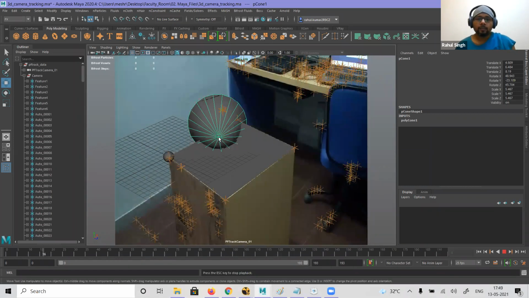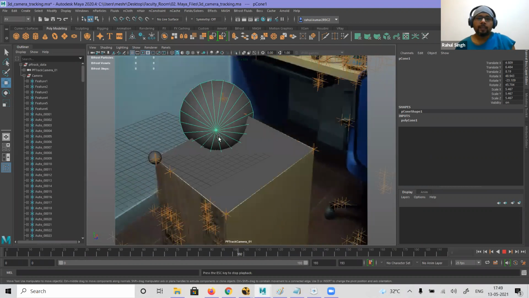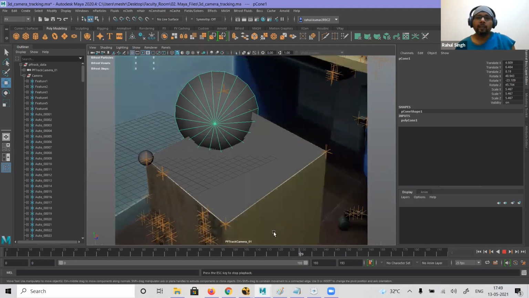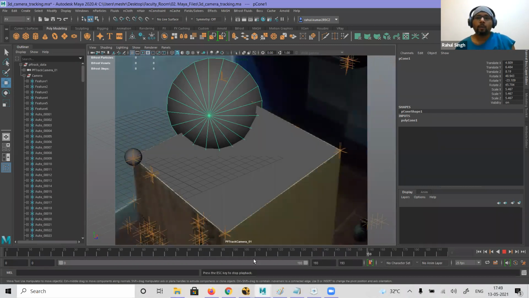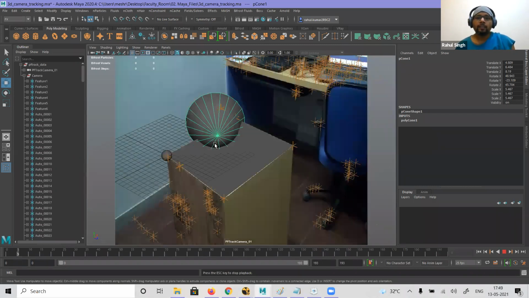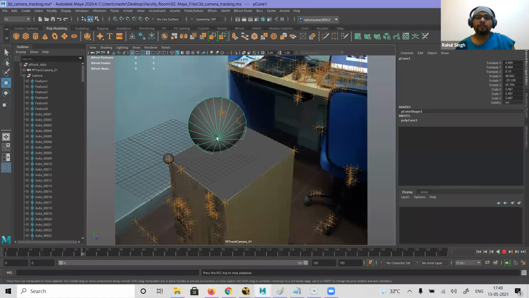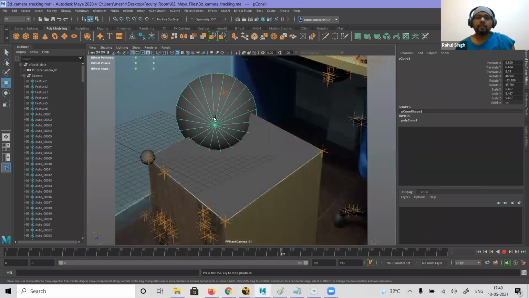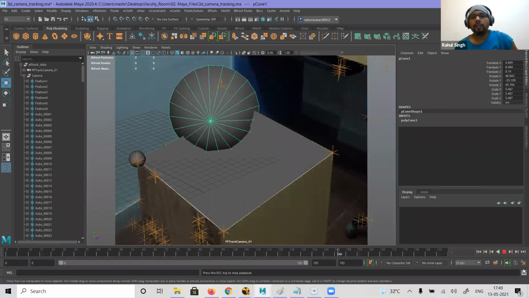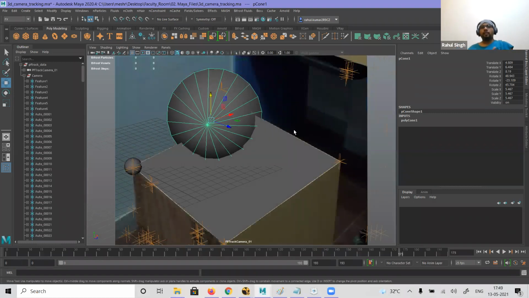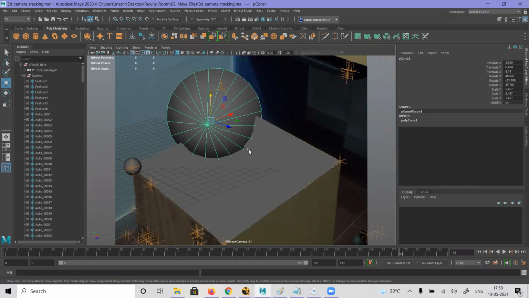See, it has just rotated slightly, right? Means somewhere after frame 100 it has a problem. Okay, so that is why it is rotating slightly. See here. So that is the problem there. That is why yesterday I told you that the tracking is not 100% correct. So that is why this problem is present in the sequence and we will not get a very accurate result. Clear? Yeah.